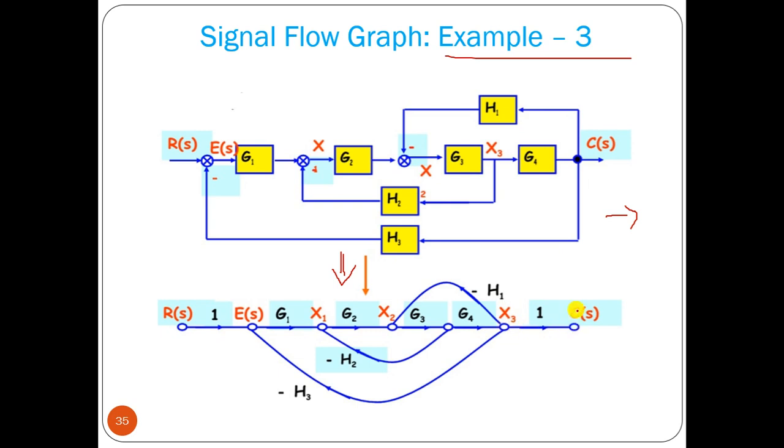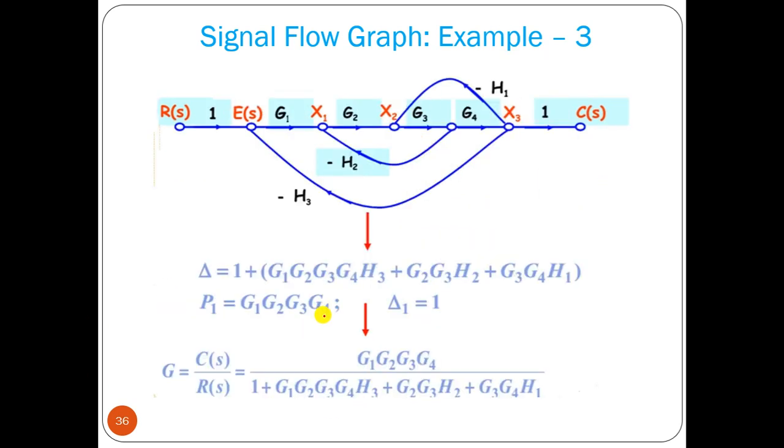Okay, after that we have this CS with a 1. We can take this point here also without any harm. So now from X3, this point we have connected these two, between X2. And from here this is connected to between G1 and G2. And from here this is connected to R and E. At E we can connect directly, so here it is connected. Okay, so this is the signal flow graph.